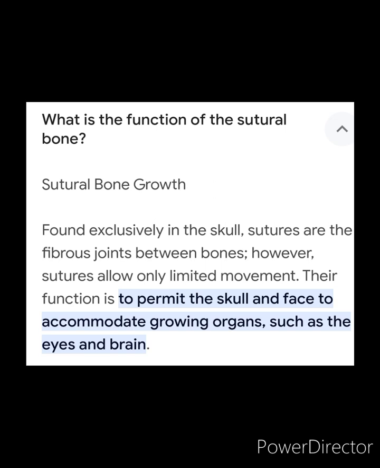Next, what are the functions? Their main function is more than one function. We can say that the sutures allow only limited movement, right? What is a suture? It is nothing but a fibrous joint between the bones, right? So the sutures only allow limited movement of the bones, particularly in the skull and the face. So in that place we are going to see the presence of these bones. So these bones will accommodate the growing